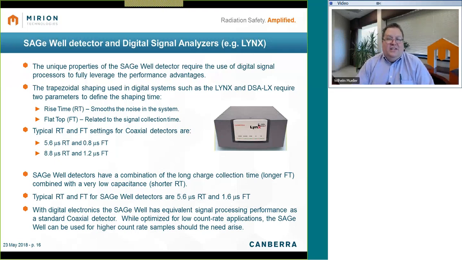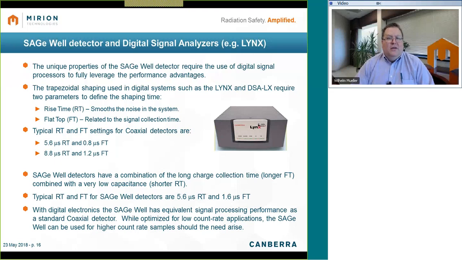approximately related to the size of the detector. Usually larger detectors will have a longer rise time, but this is an approximate range of detectors. The Sagewell detector has a unique combination of having a long charge collection time, which requires a longer flat top. However, it's also a very low capacitance detector, which allows it to be operated at a shorter rise time. So the typical rise times you'll see in a Sagewell detector are about 5.6 microseconds with a 1.6 microsecond